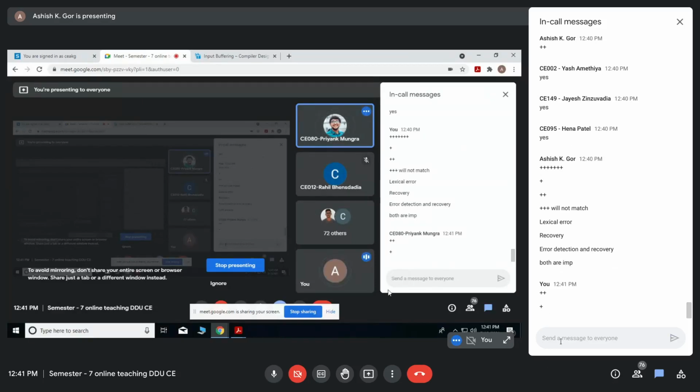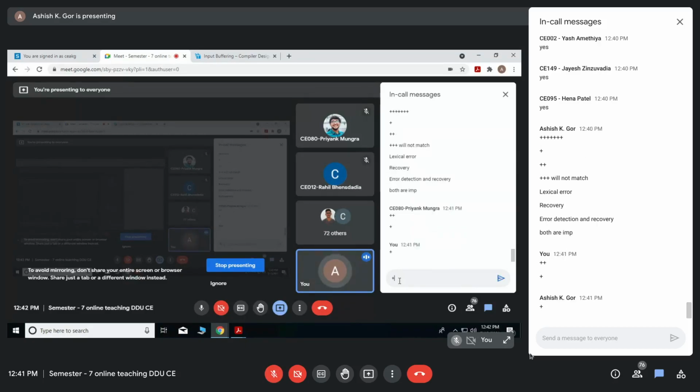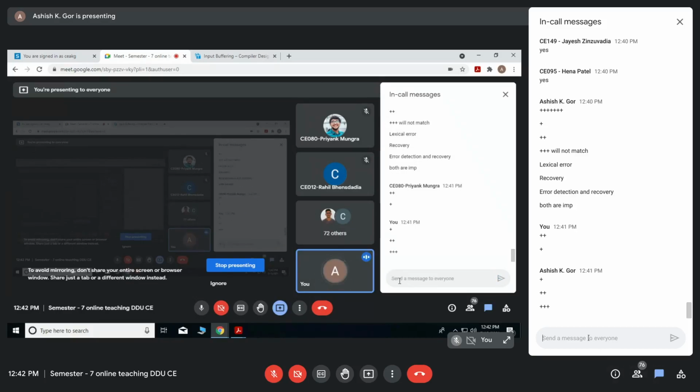Okay. So Priyank, for that you have to write the code or patterns in such a way that, yes, if you have written plus and plus plus both as part of the definition, then up to plus plus it will match. But then the remaining input is all plus plus plus plus plus. So 3 times plus will not match. And there is no rule like, if there is 2 times plus, then it should be followed by something like a semicolon.